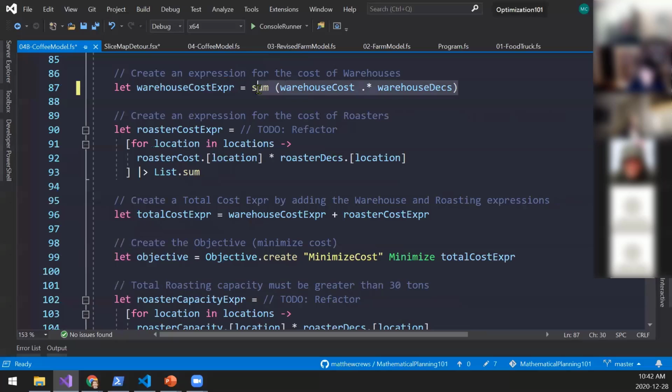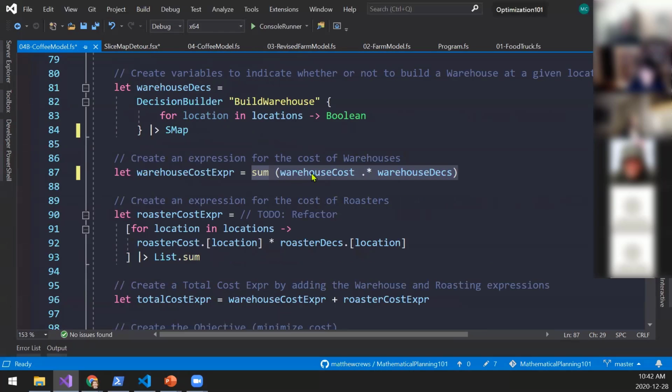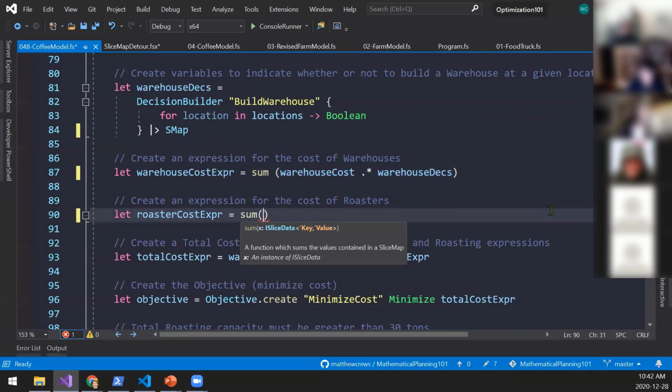And now I can just write the sum, warehouse cost, Hadamard product, warehouse decision. So it's doing the exact same thing that it was before. It's just a much smaller and cleaner syntax. Roasting cost expression is sum of roaster cost times roaster decisions.